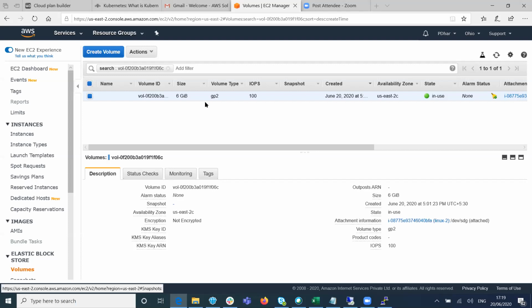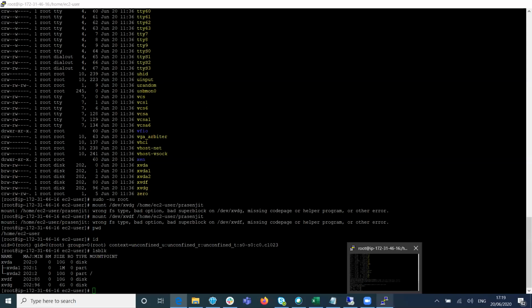Especially, you created a directory in home/ec2-user/Prasenjit, right? What you do, just say mount. You have to be the root, and then /dev and the file path, xvdg or whatever it is, and then space, your full path. Then you end it with /. Then it will mount it. Only thing is, you did not create any file system or file partition for it.